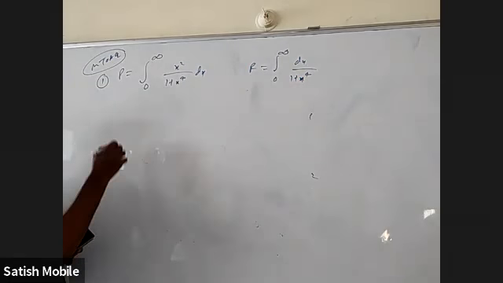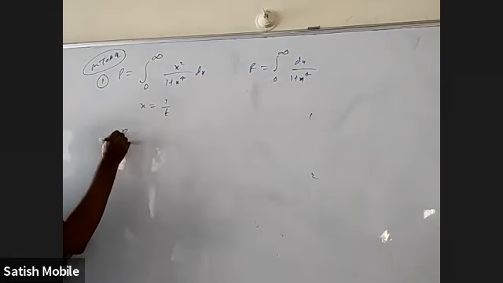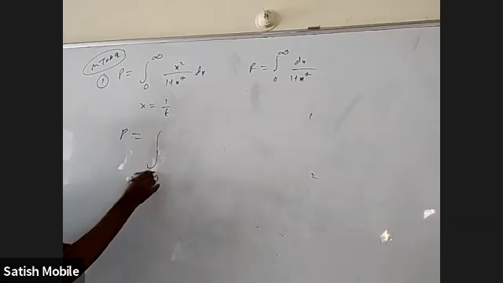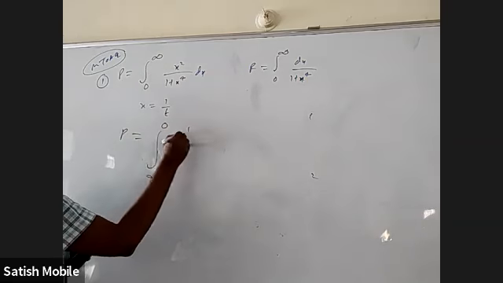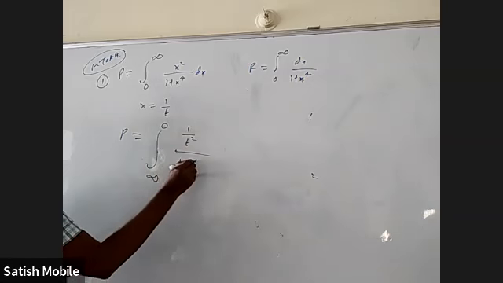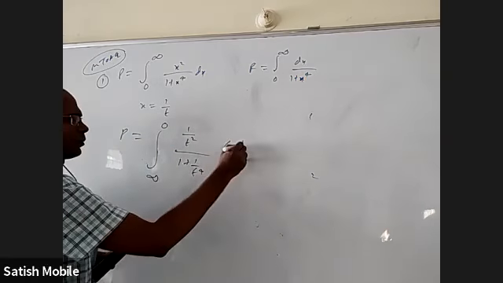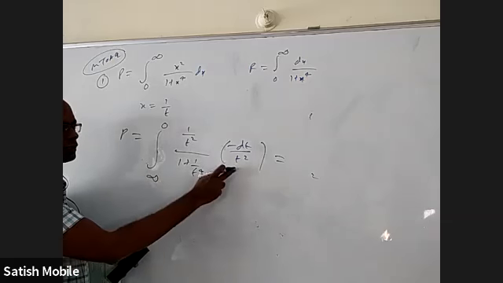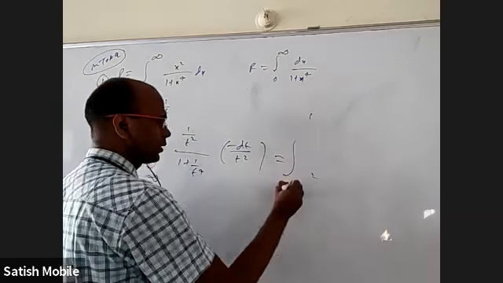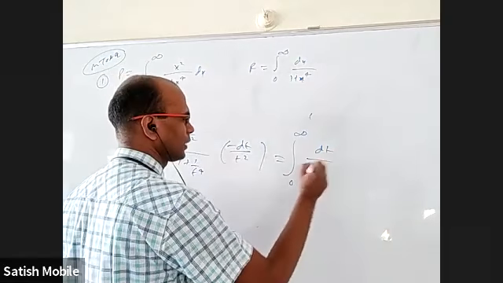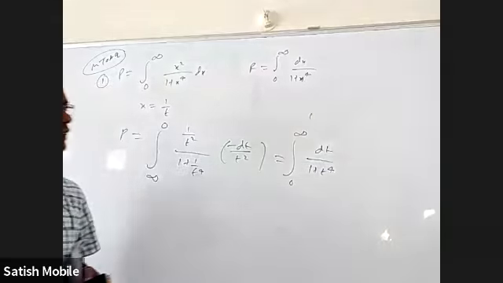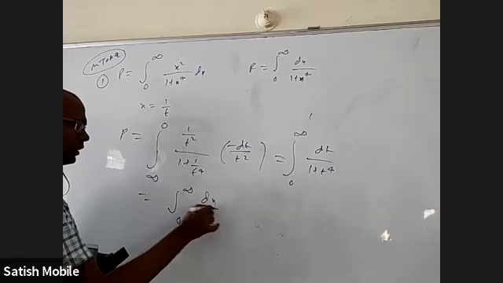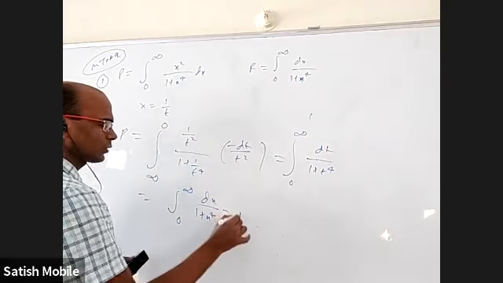Replace x with 1 by x here. Take x as 1 by t in only P. Then when x is 0, t will become infinity. And when x is infinity, t will become 0. X square will become 1 by t square. The denominator will become 1 plus 1 by t power 4. Dx will become minus dt by t square. When you simplify, t power 4 will cancel with these two things. Minus will be used for interchanging the limits. It will become integral 0 to infinity dt by 1 plus t power 4. In definite integration, whether t is there or x is there doesn't matter, right? So it will be 0 to infinity dx by 1 plus x power 4, which is directly R.